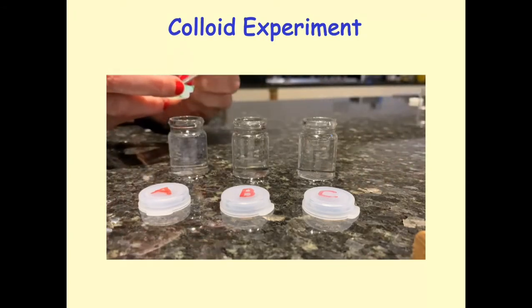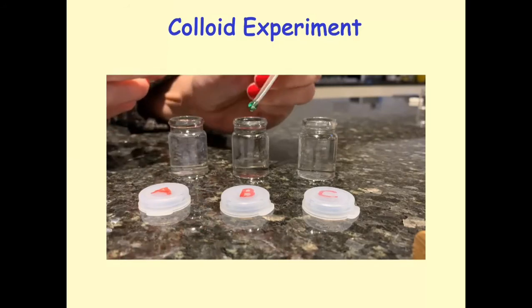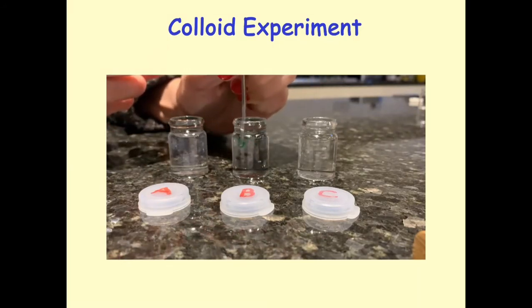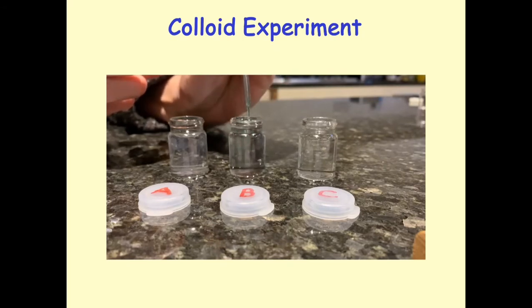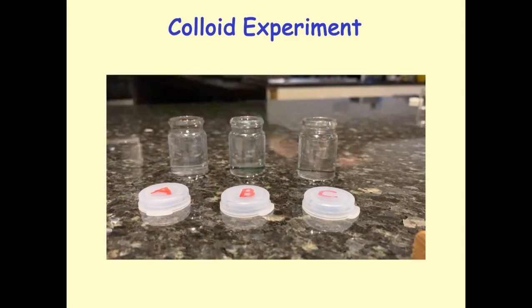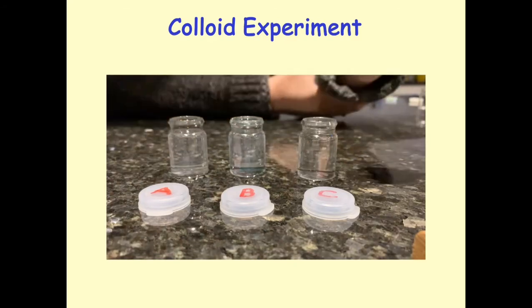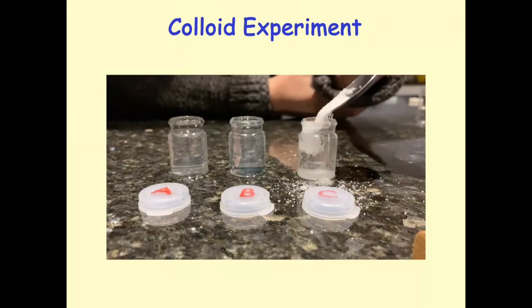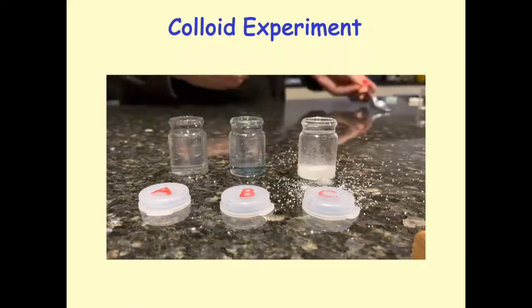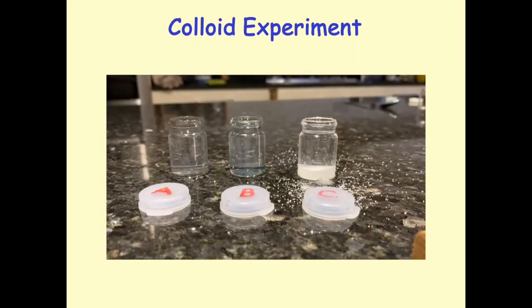And then, so I'll just add that into one of them. And then in the final one, I'm going to add sugar. So I'll have a milk solution, a washing up liquid solution, and a sugar solution. It takes a little bit of time for the sugar to dissolve, so I give them all a stir and wait for them to dissolve, clean up the mess I've made,